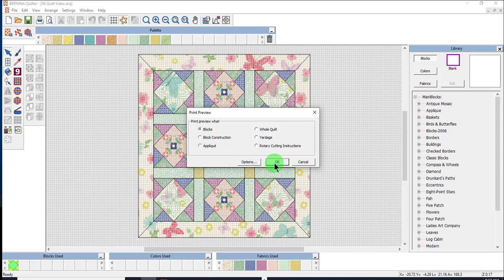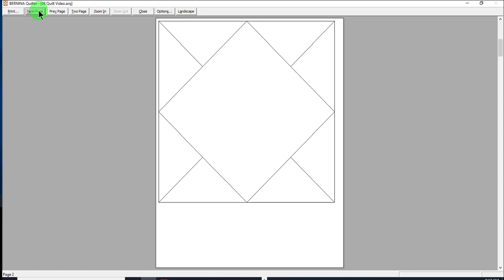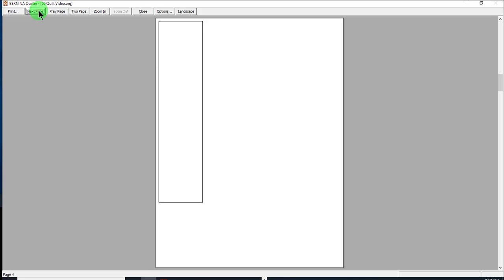Select Blocks and click OK. This gives you a numbered drawing of how the quilt should be assembled, in addition to what the piece blocks will look like. And you will also get actual size patterns that you can print and use as patterns to